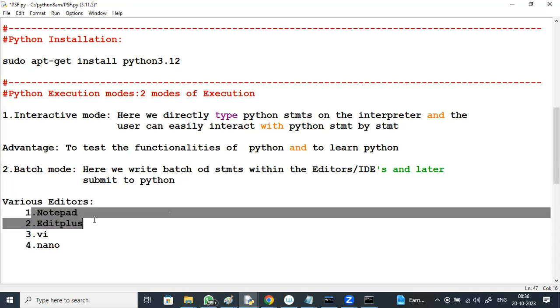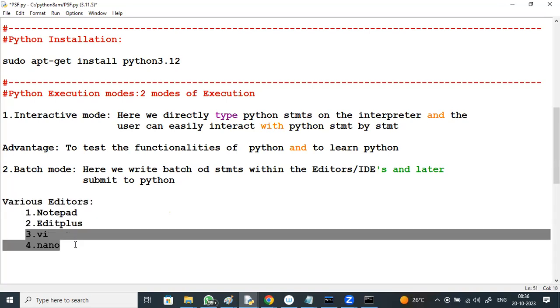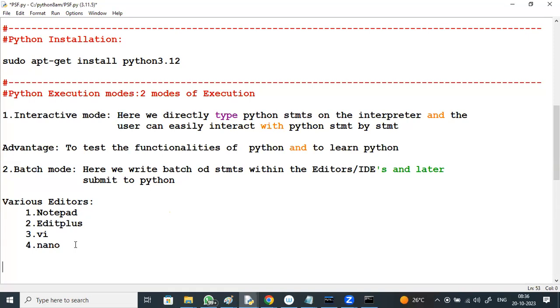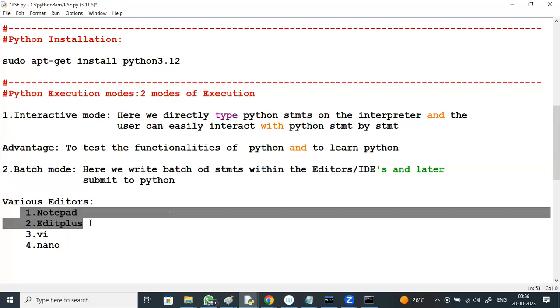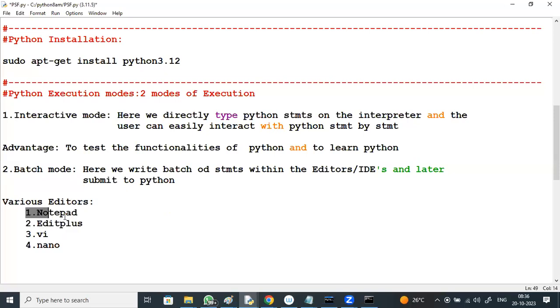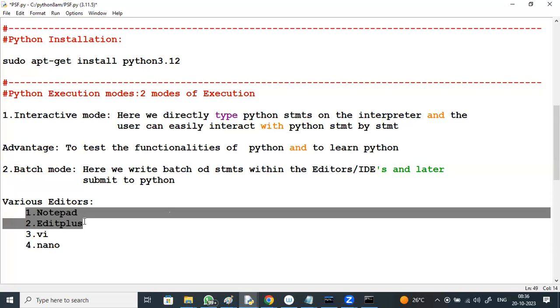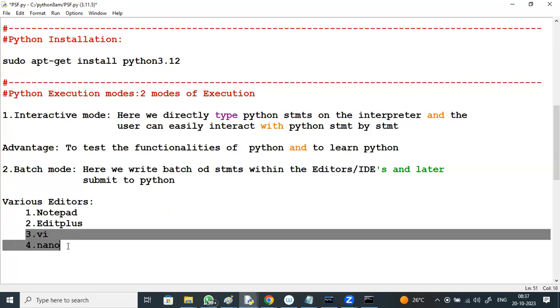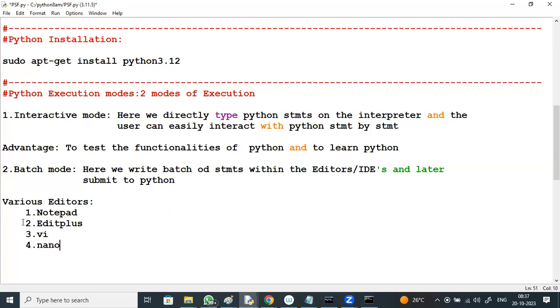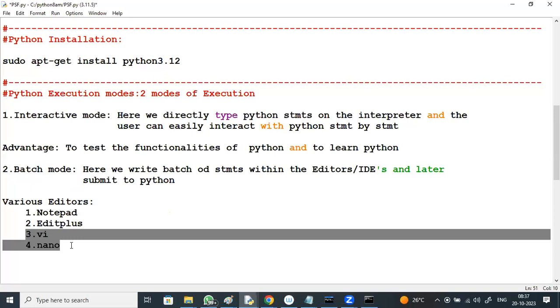Notepad and Edit Plus are for the Windows environment, and VI and Nano are for the Linux environment. Within Notepad or Edit Plus we write the Python code and create the .py file, but in Linux we write within VI and Nano.